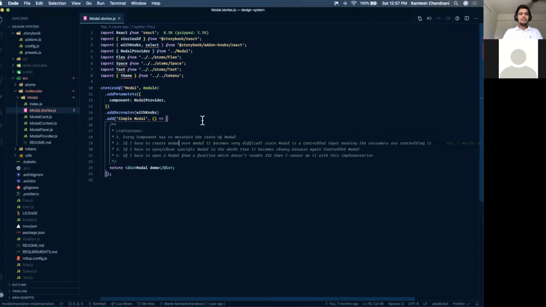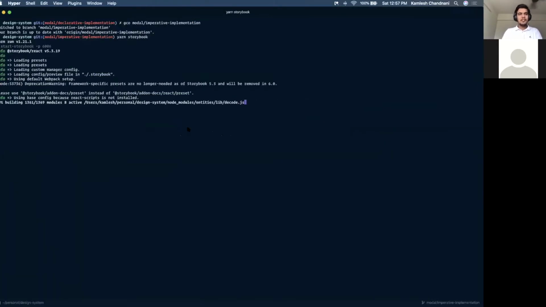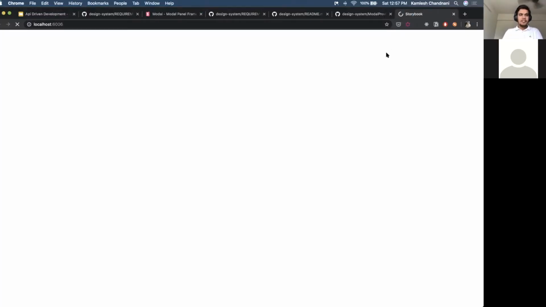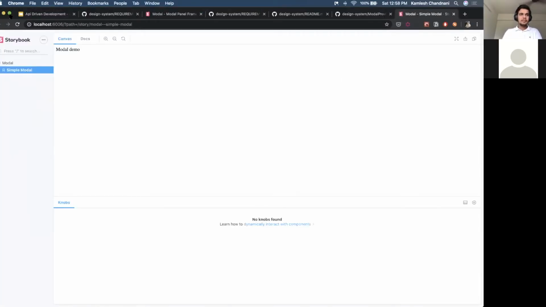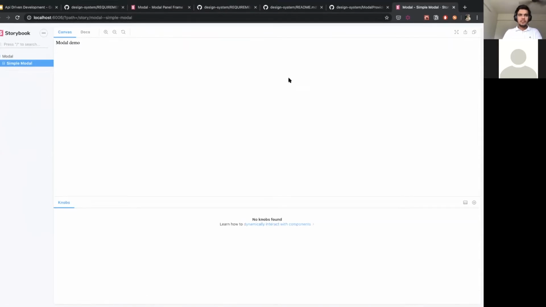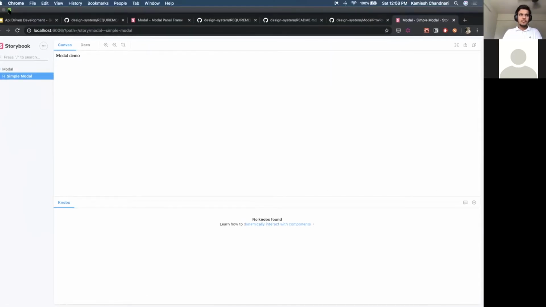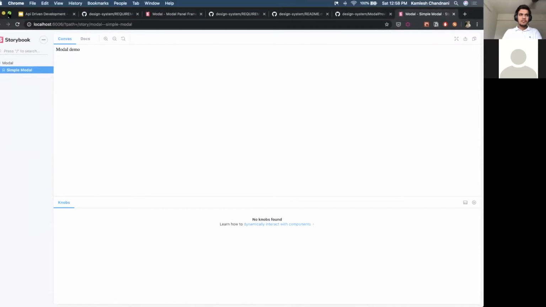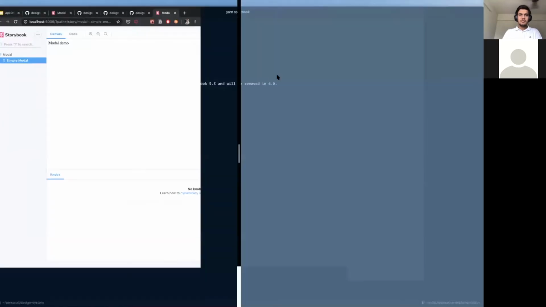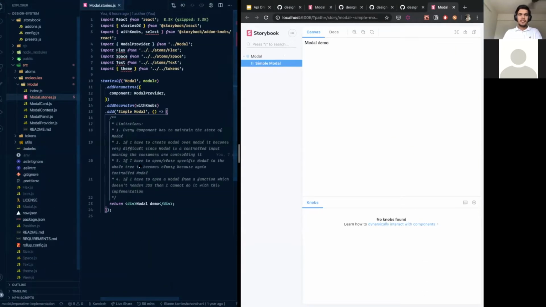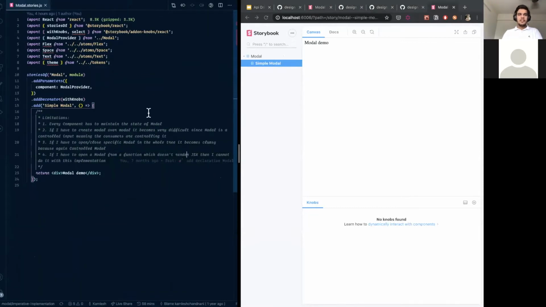We'll build the modal component from scratch, and we'll see how things pan out. All right. To begin with, as I mentioned, I'm not going to jump directly into the implementation. We'll start with the API part of it.